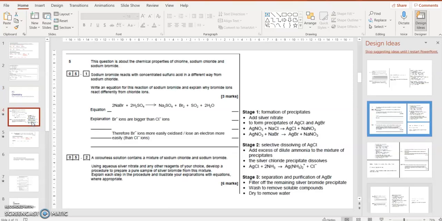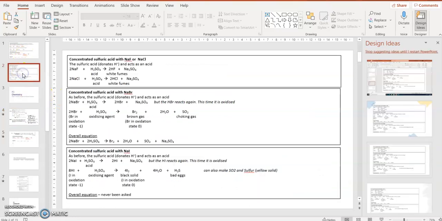Questions about chemical properties of chlorine, sodium chloride and sodium bromide. Write an equation for the reaction of sodium bromide and explain why bromide ions react differently from chloride ions. So what you need to do is you need to have done your learning and realise that the overall equation for sodium bromide, NaBr plus